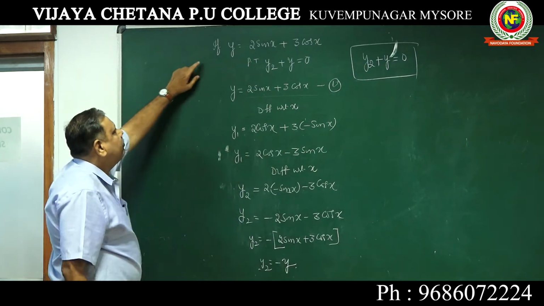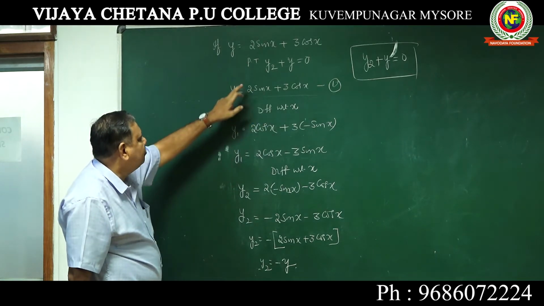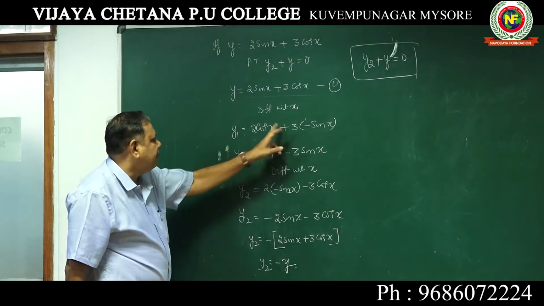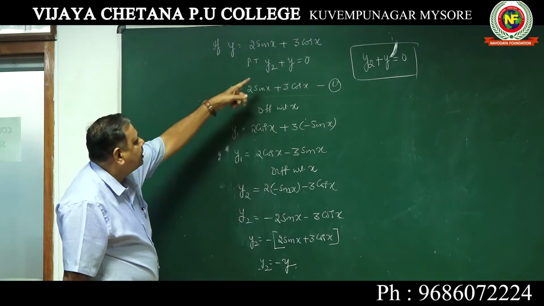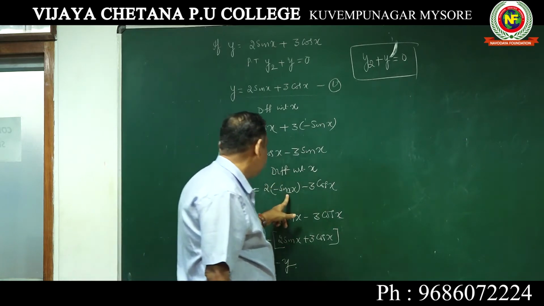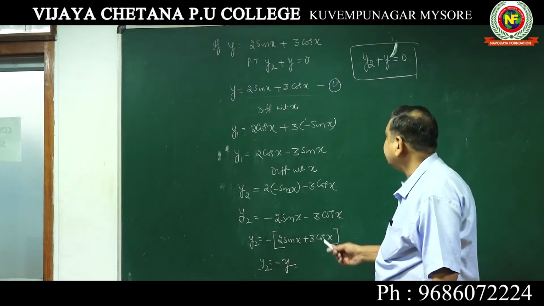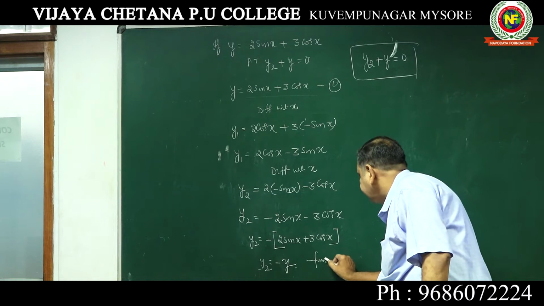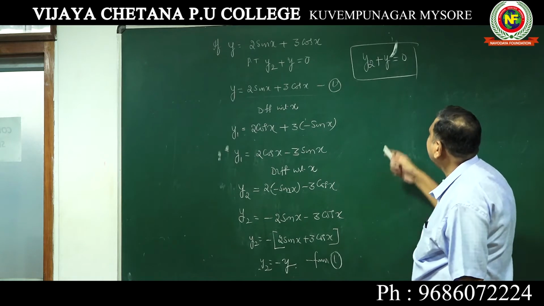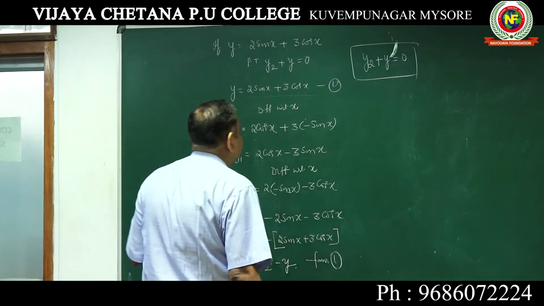Again I will explain. y is equal to 2 sin x plus 3 cos x. Differentiate with respect to x: y1 is 2 cos x, and the differentiation of cos x is minus sin x. I have simplified here with minus multiplying this. Again differentiate, because they have asked y2 plus y. y2 is equal to 2 into minus sin x, the differentiation of cos x is minus sin x and of sin x is 3 cos x. Take the minus outside, giving 2 sin x plus 3 cos x, and this is y from equation 1. So y2 is equal to minus y, or y2 plus y is equal to 0.